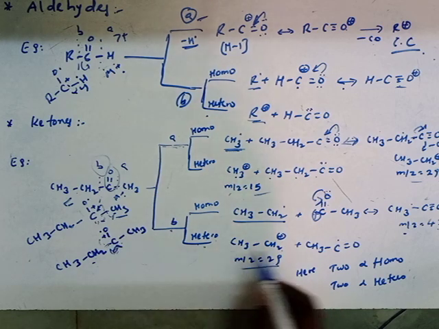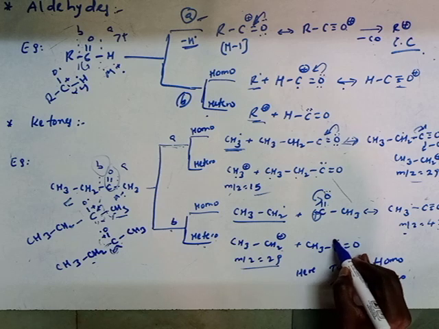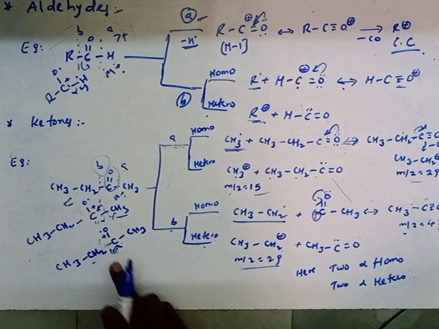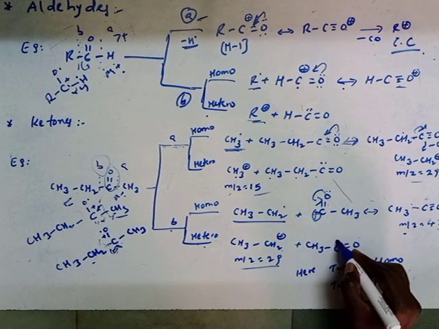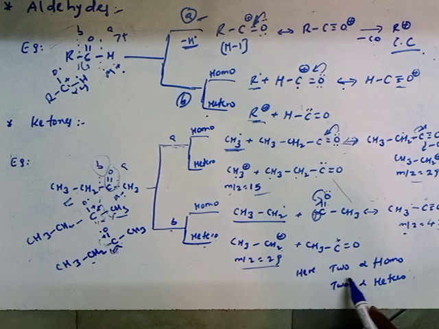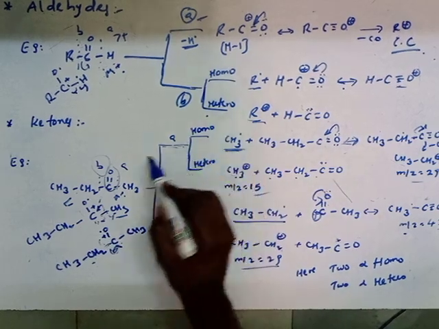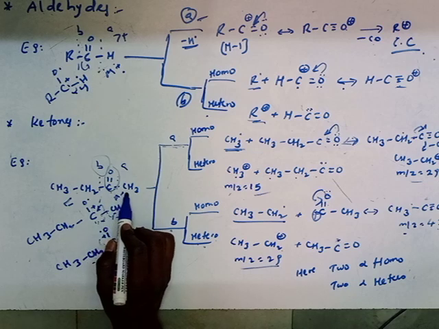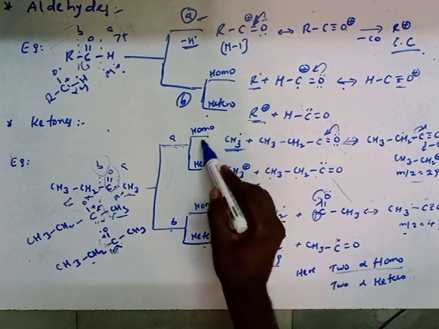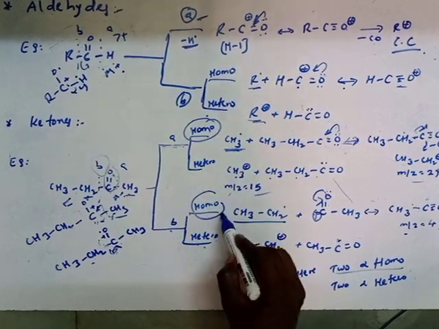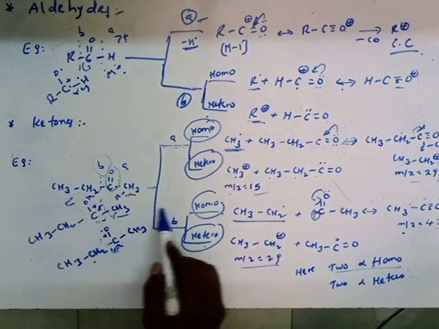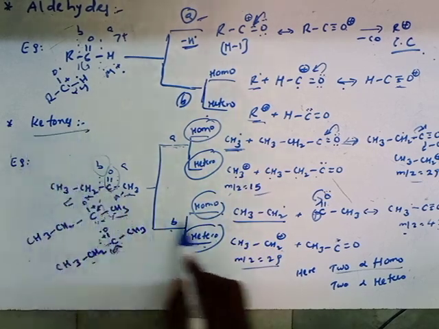This one gains two electrons. That's why we are writing these two electrons, and one electron combines to form a bond, so it will only have one radical. Okay, here the carbon adjacent to this functional group is the alpha carbon. Here is the alpha carbon. Okay, and this is alpha homolysis. Two types of homolysis and two types of heterolytic cleavage take place in ketones.